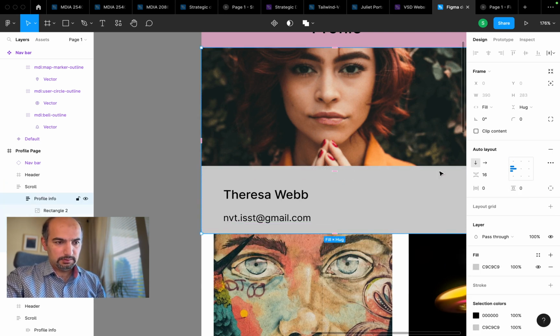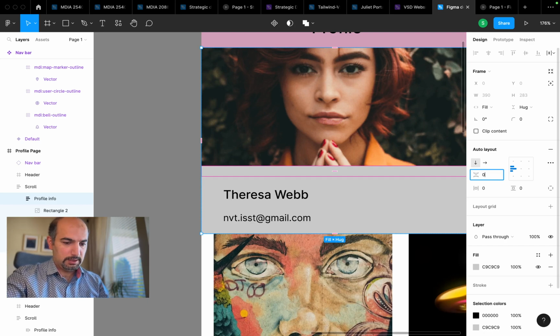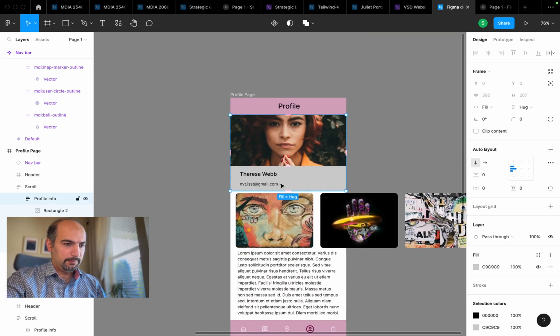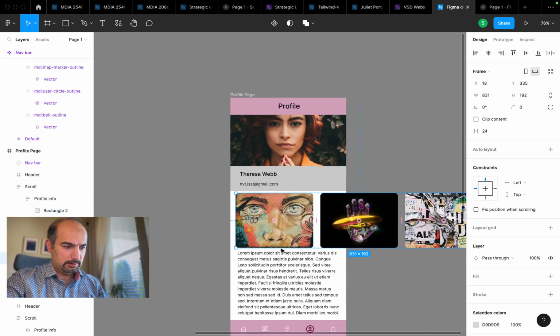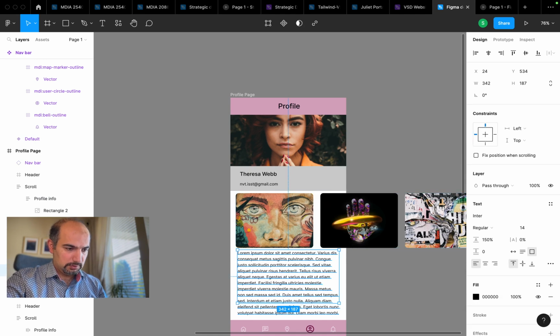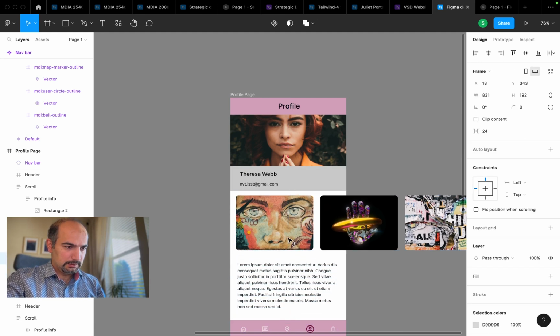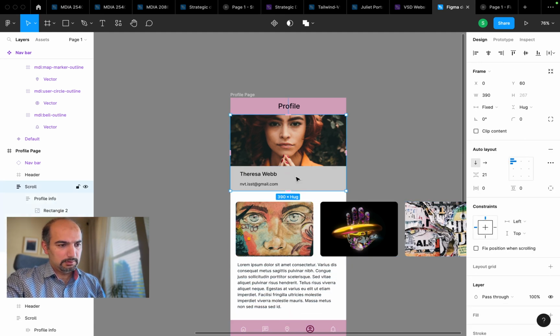I'm also going to remove this padding that I had before, and then this text is too much. I'm going to take out part of that at least, move it down, this one too. Okay,